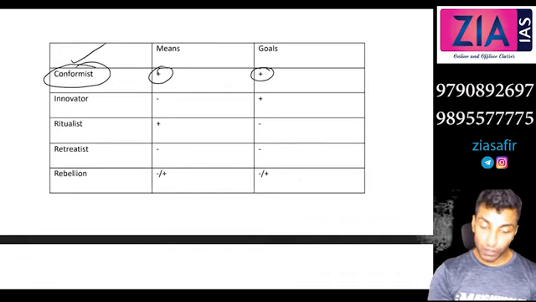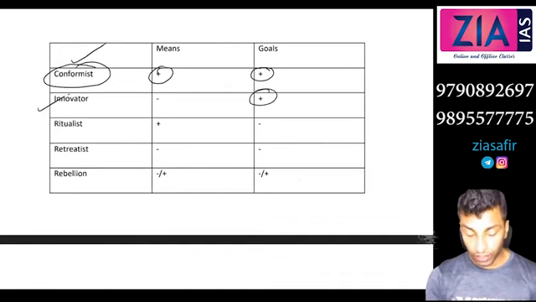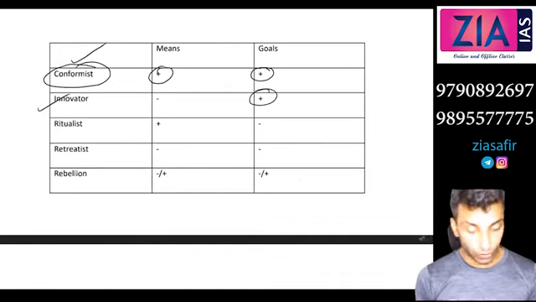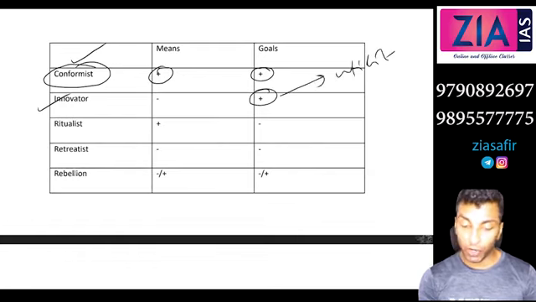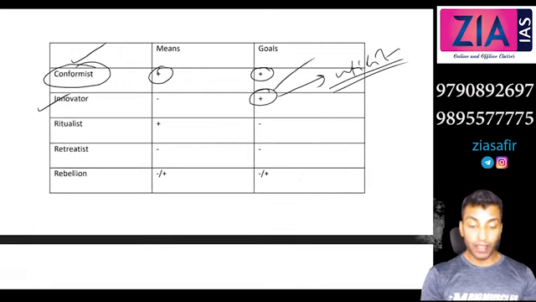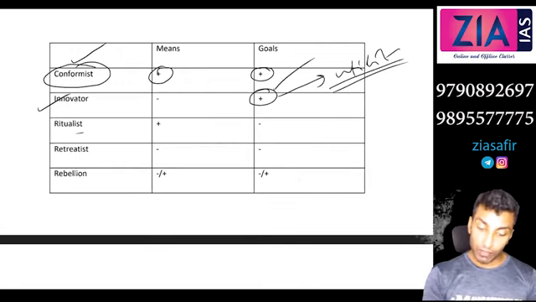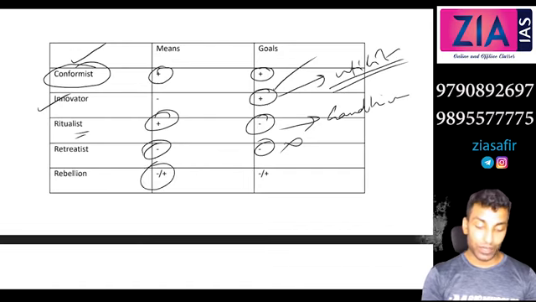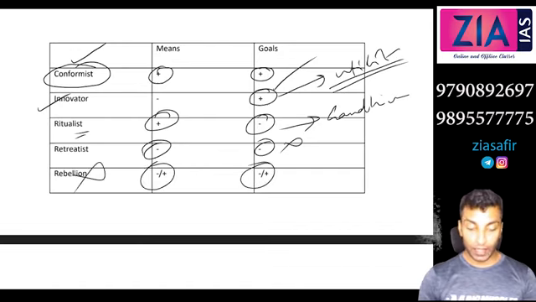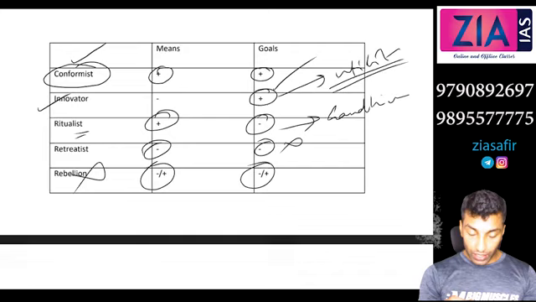So this is the second possible option because you are following the goals. You are achieving the goal, whatever you are following. This is the utilitarian thought. Maximum good for maximum people, you are achieving the goal. This ritualist, you are following the means, you are not achieving the goal. This is actually the Gandhian thought, a different version of deontological thought. And this anyway is worst, and we are not even talking about it in ethics. So this is how you can actually frame an objective answer in the ethics paper.